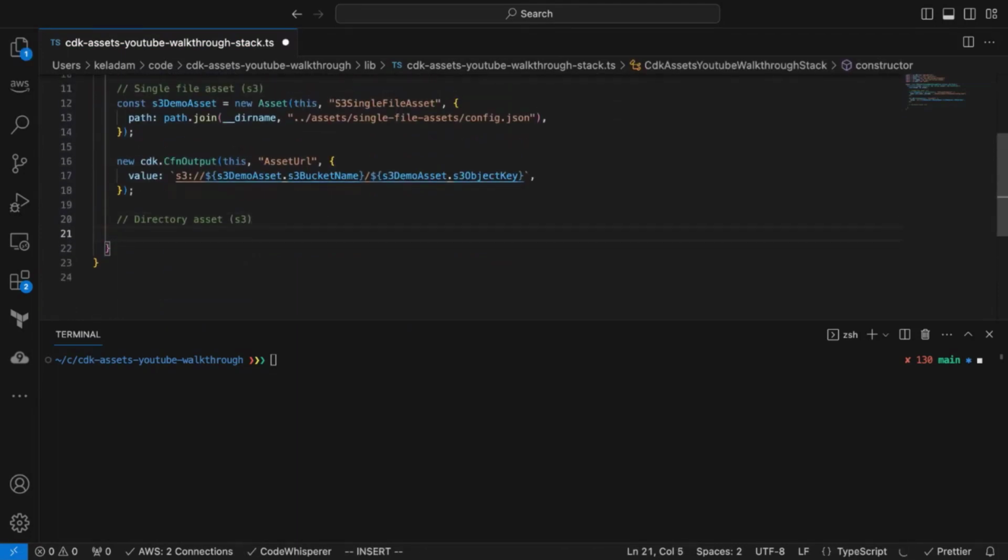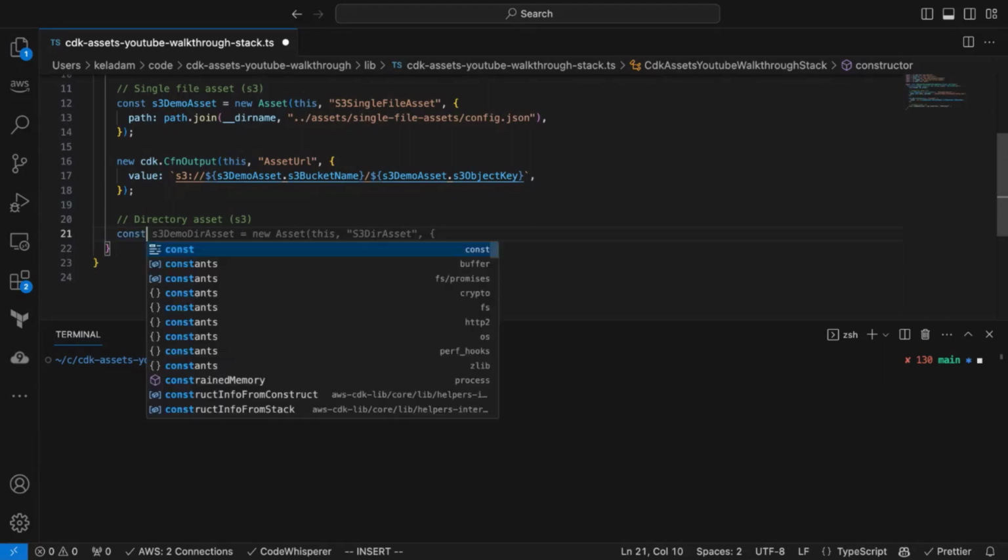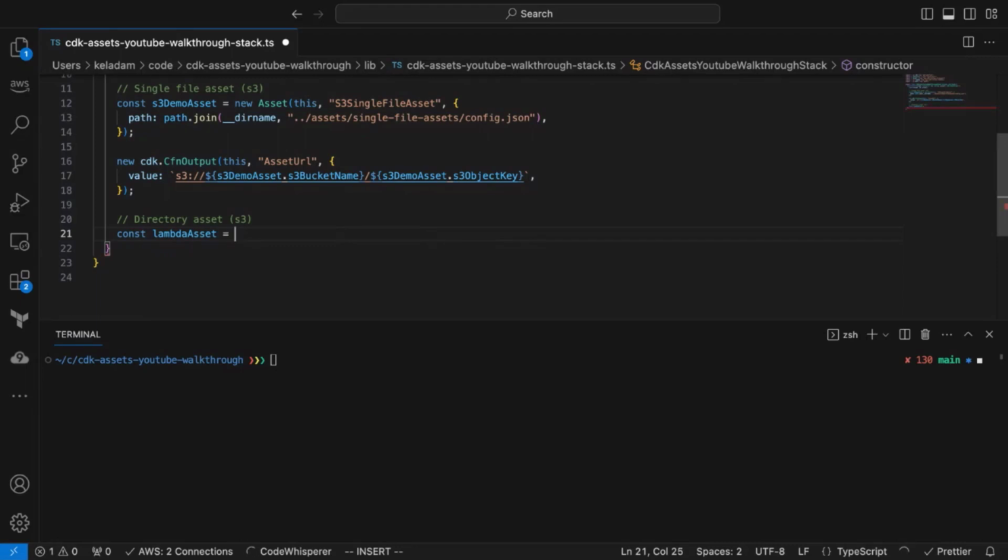Now, earlier I had mentioned that the assets are exposed through various APIs across other constructs. So the Lambda library has the code construct, which has its own property fromAsset, where it leverages the underlying assets library to bundle that code and then push it to S3 and then sync that code with the Lambda function. So we're going to start by creating our asset. So we're going to call this lambdaAsset, and we're going to